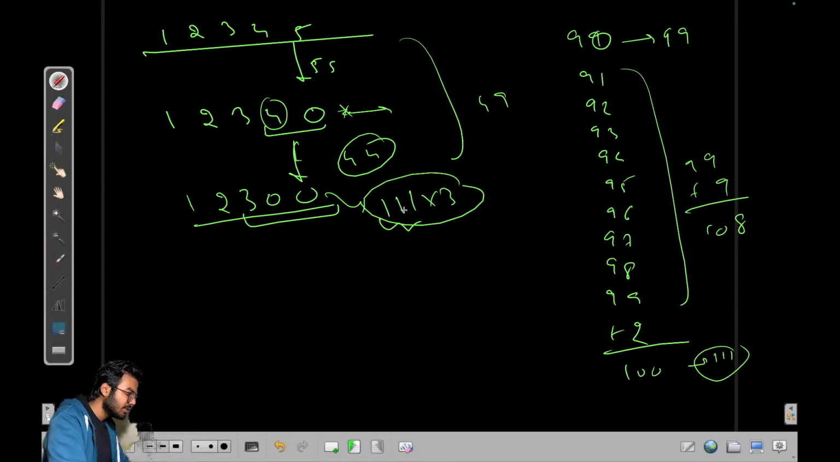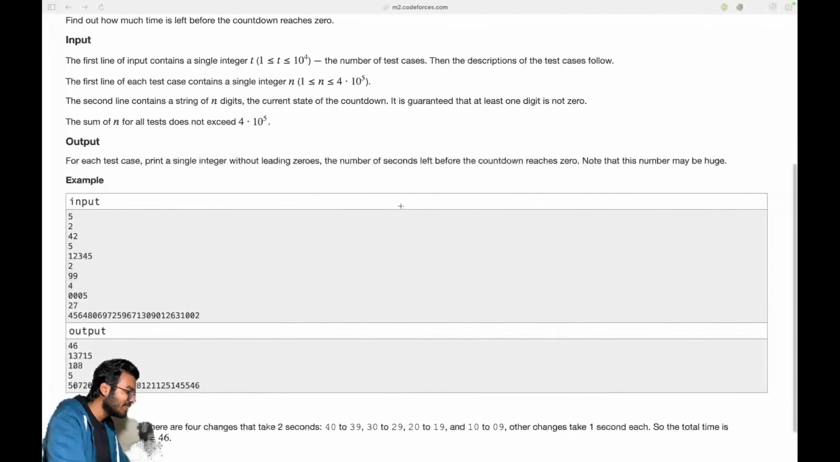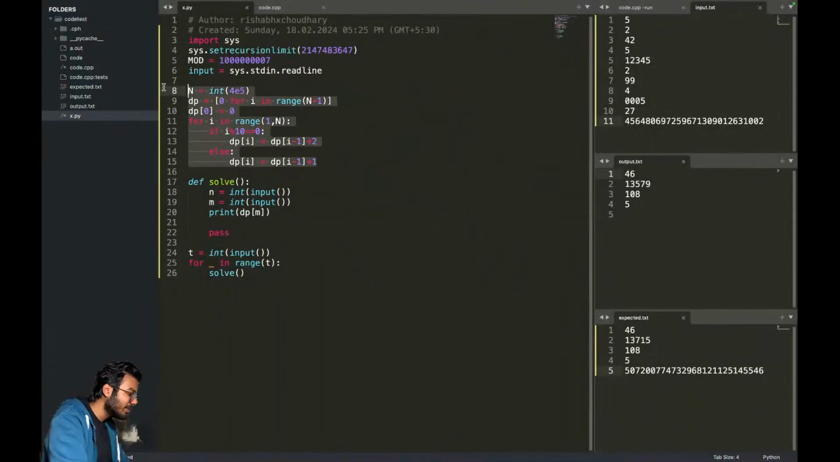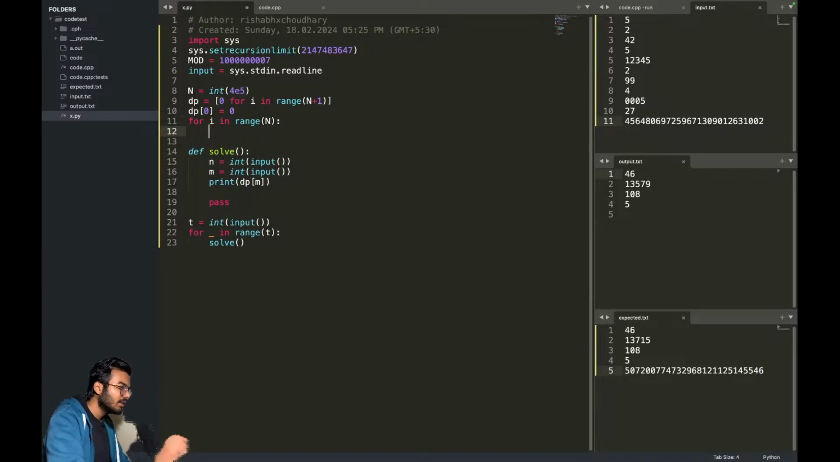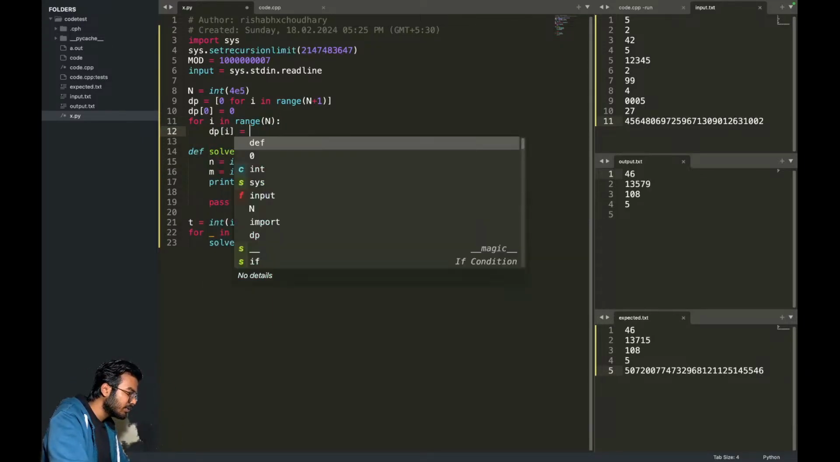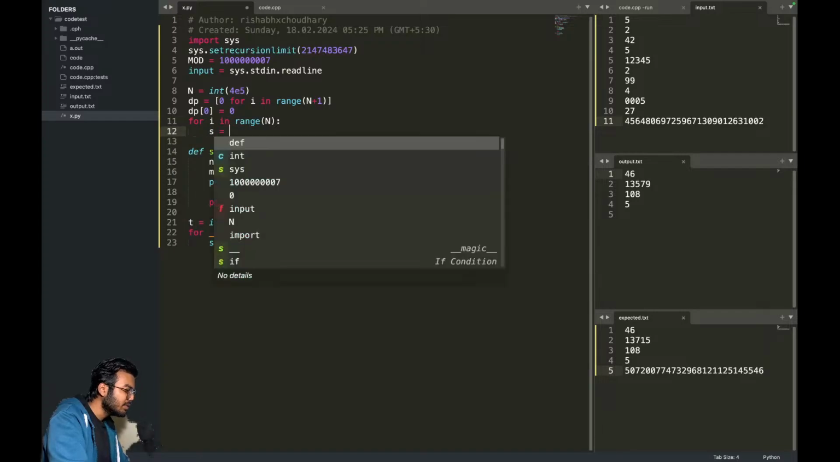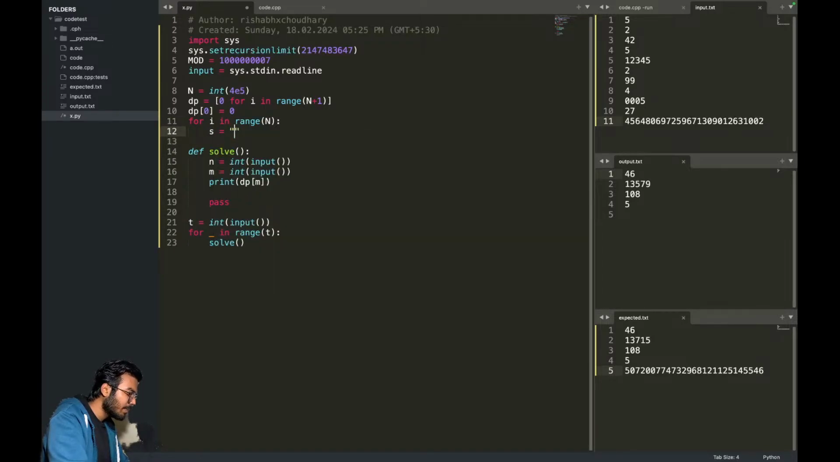So I don't know how to even go about it now. This is tough. But I think I can do it. Okay. So if I have this, then obviously dp of 0 will be 0. Then I can run my loop for i in range capital N. Okay. So if I have such kind of numbers, then I can say dp of i is equal to, let's say, a string. String is equal to